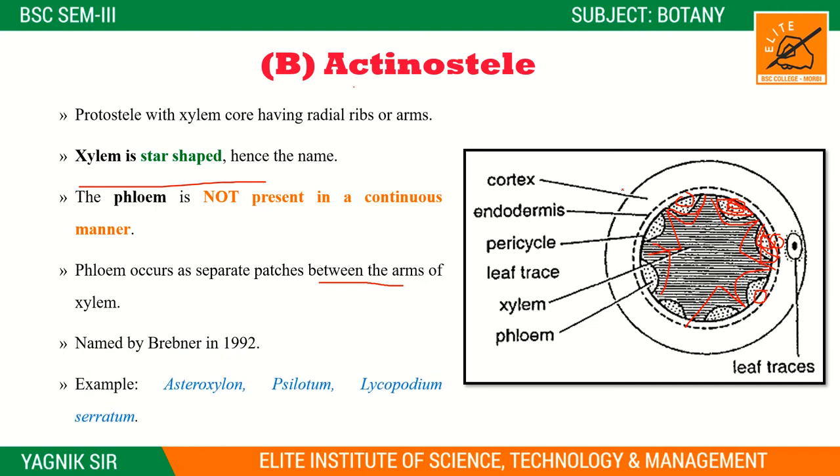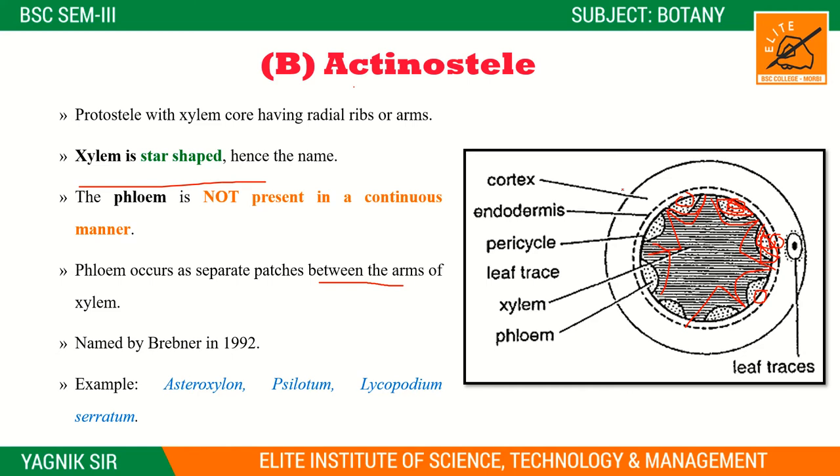આ યાદ રાખવાની જરૂર નથી, આ તમારા નોલેજ માટે આપ્યું છે. એકચ્યુઅલી તમને ખબર પડે કે આ કેને આપી છે, આવા નામ કેને આપ્યા છે, કેને ફર્સ્ટ ટાઈમ ઓબ્ઝર્વ કર્યું હતું. તો બાર્બિનર કરીને જે સાયન્ટિસ્ટ છે એને આ બધું ઓબ્ઝર્વ કરેલું છે. સો નોર્મલી એસ્ટ્રોઝાયલોન્સ, સિલોટમ્સ, lycopodiums and the ceratums having this type of the stele.